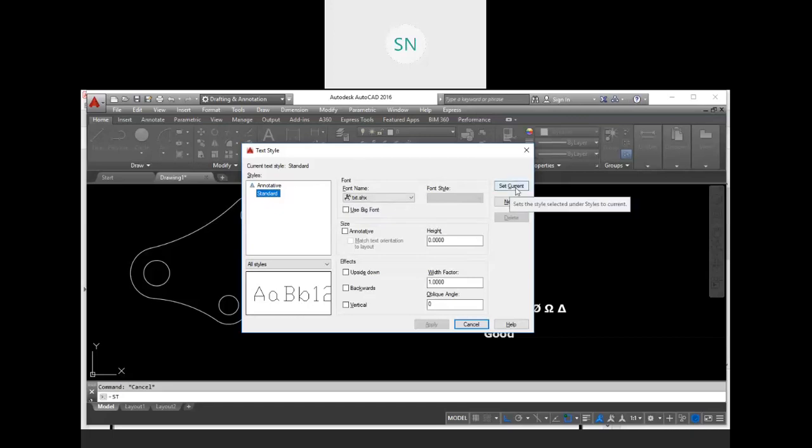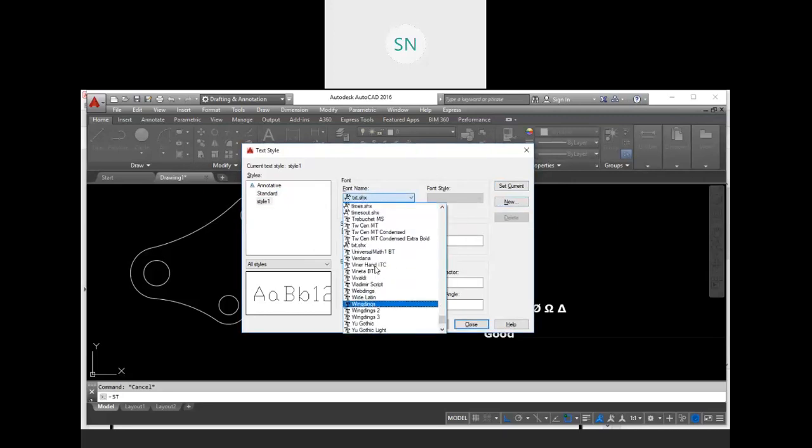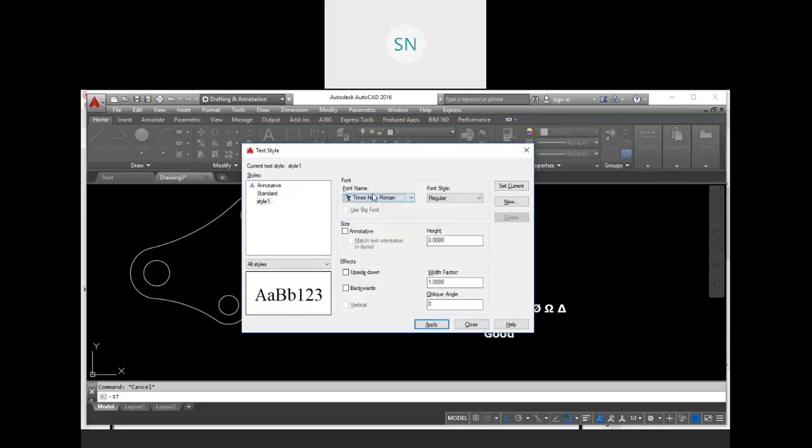We are going to create a new text style, name it whatever you want, let's say style 1. Okay, and in this style I want a text format like Times New Roman. Here we have, then it should be bold and italic. Then I want to specify height 15, it is fixed.